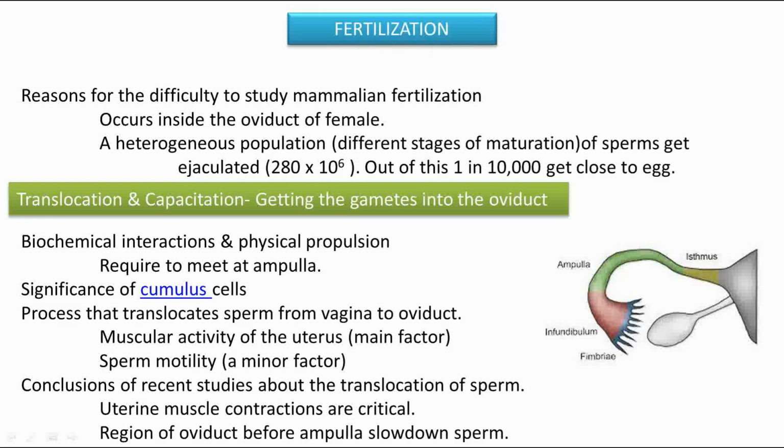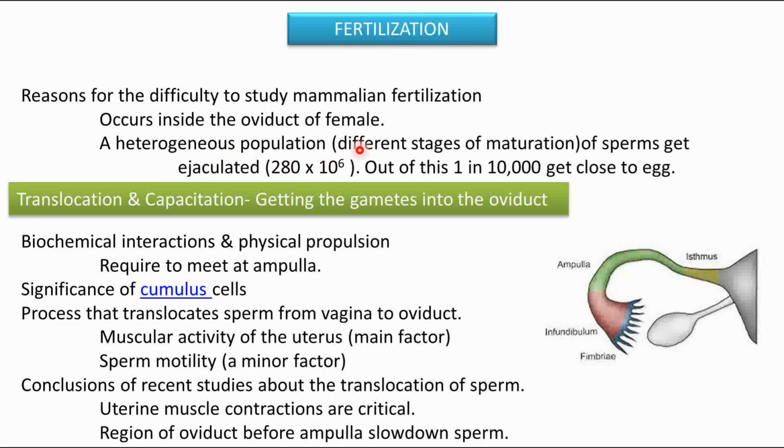Fertilization involves so many events. In mammals, fertilization is very difficult to study. Why? What are the reasons? Because it is taking place inside the oviduct of the female, in an internal environment. That is one reason. And also, during ejaculation, a heterogeneous population of sperm is released to the